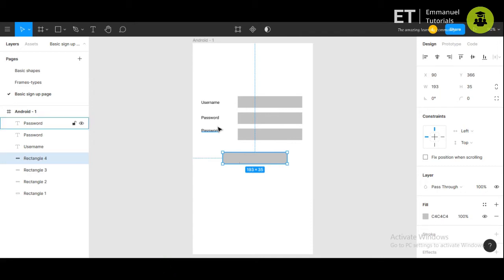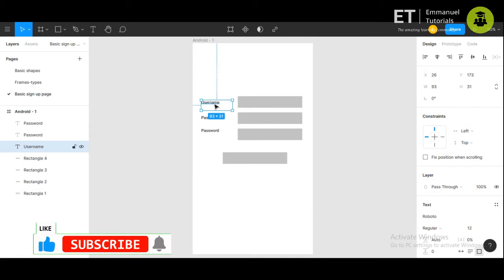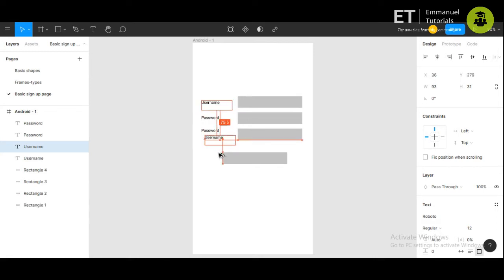And also we'll have to include an option for people who are not new users, so they can directly sign in instead of signing up. So we'll drag the text field below.